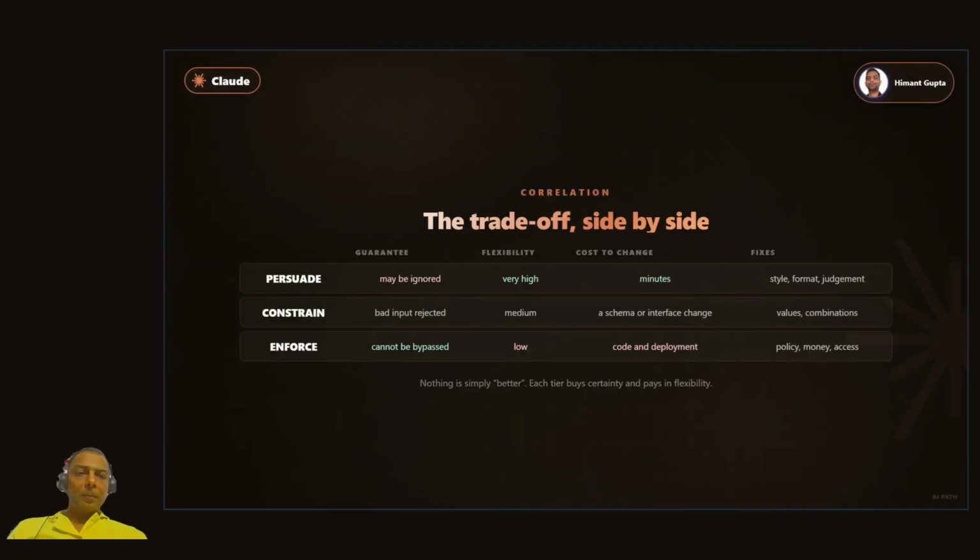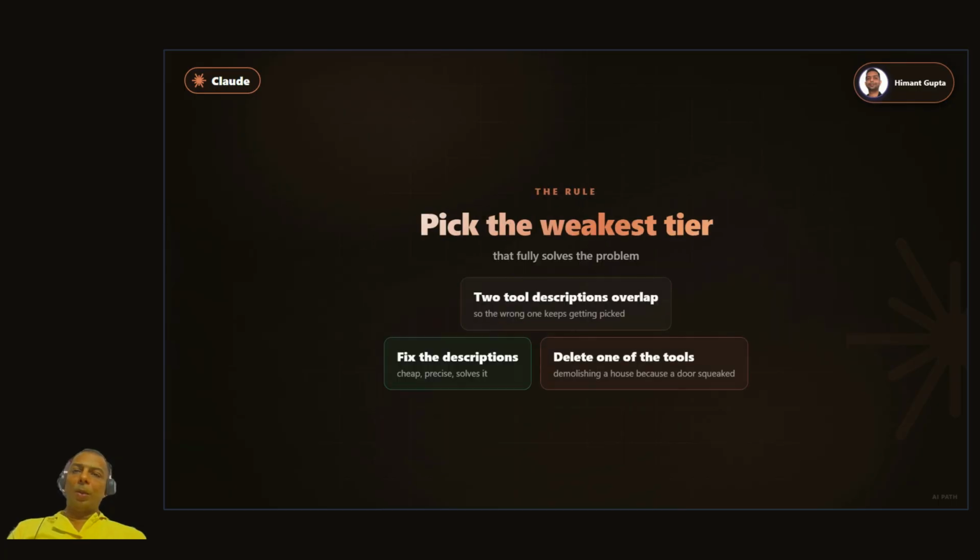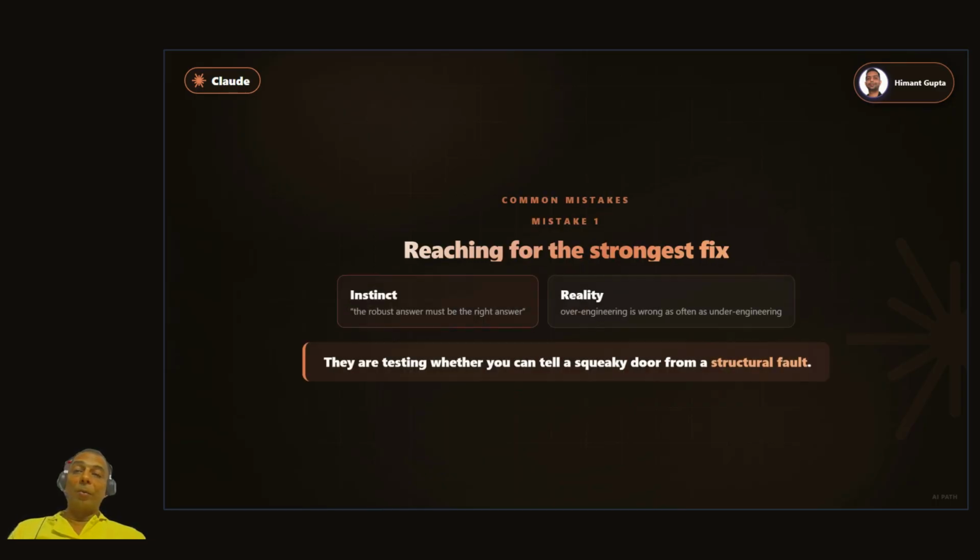So the correlation, you can see what I just explained. You can also see it on the screen. If you want, you can take a screenshot for your notes, and always remember this. Now the rule of choosing: pick the weakest tier that fully solves the problem. Don't reach for the engine limiter always, because a sign would have worked. In those cases you don't need to over-engineer, because that will become a wrong answer just as often as